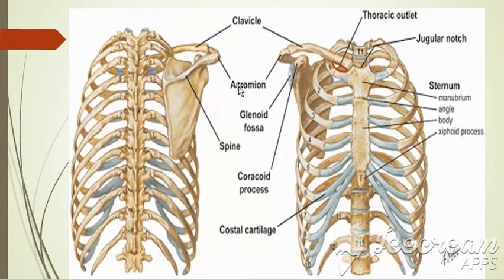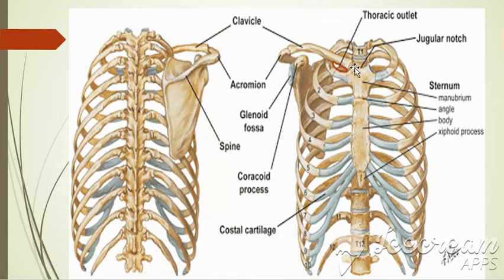First of all we see the clavicle. This is the clavicle, and we are going from its lateral end to the medial end. The lateral end is known as the acromial end, and the medial end is known as the sternal end. Then the second landmark of the thorax is known as the jugular notch or